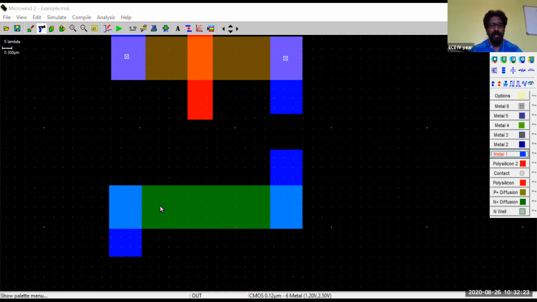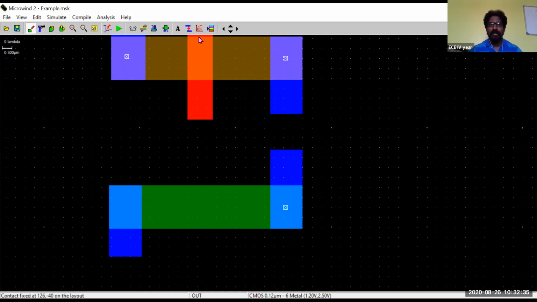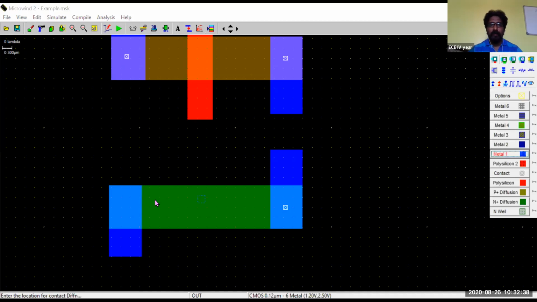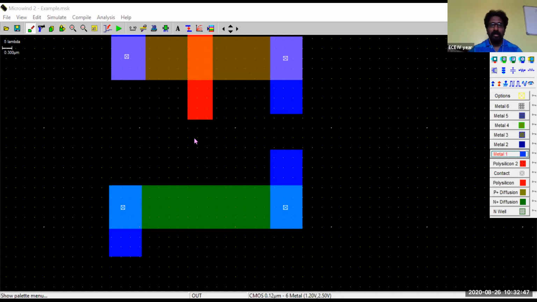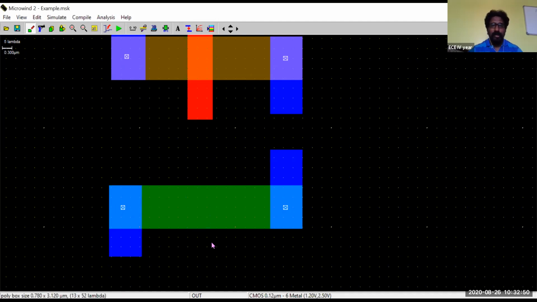In order to make the electrical contact between the N diffusion and the source terminal and drain terminal, go to the appropriate option in the palette. That is the contact of N diffusion and metal, and place it on this particular part, wherever the metal one and the N diffusion layer have been connected. So now this becomes the source and drain terminal of NMOS. And in a similar fashion, by using polysilicon, draw the gate terminal. So now we have completed our gate terminals. I think we have drawn it a bit off. It should be drawn exactly below that one to make the layout look good.